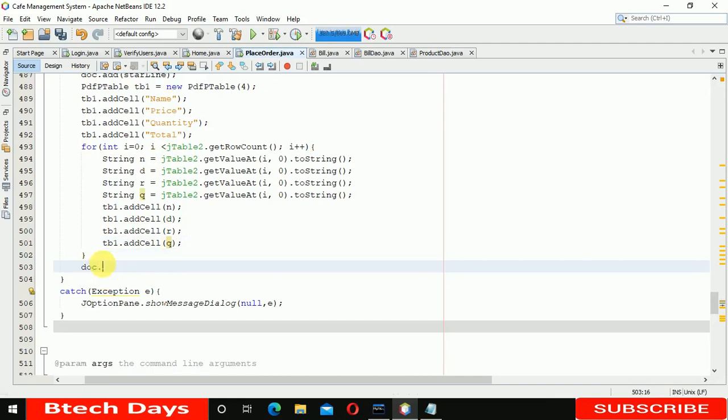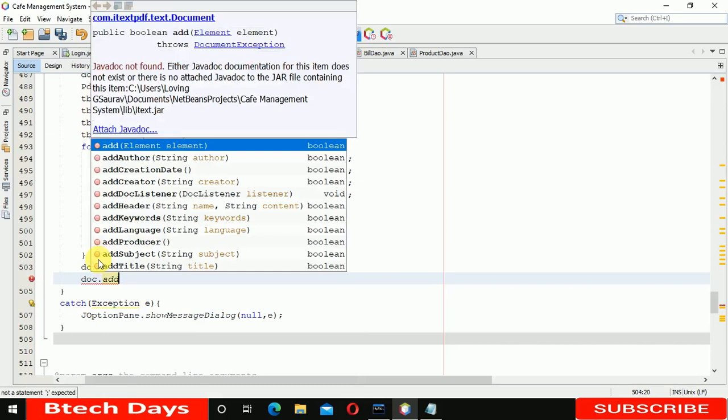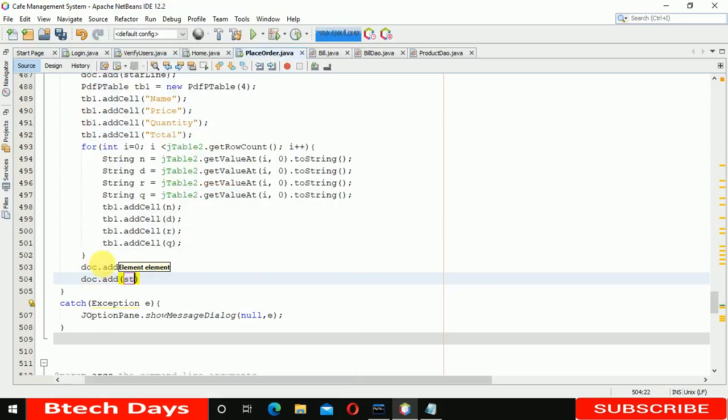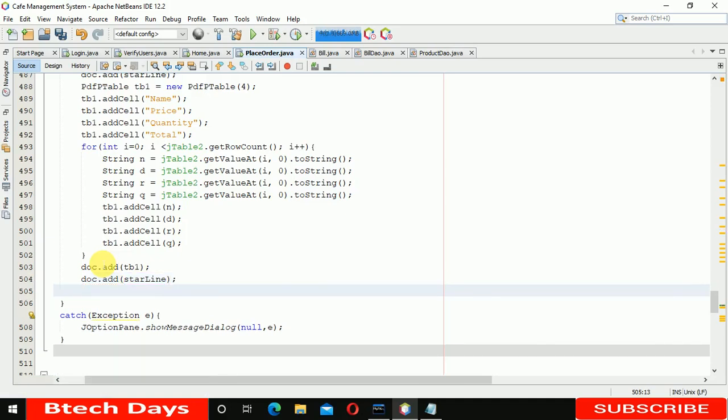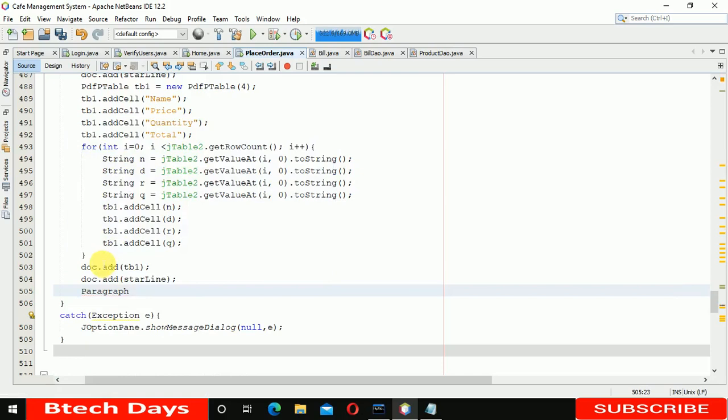doc.add, and here we are going to pass the db1, and here we also have to add star lines. After that we are going to write a message, a thank you message, you can say paragraph thanksMessage